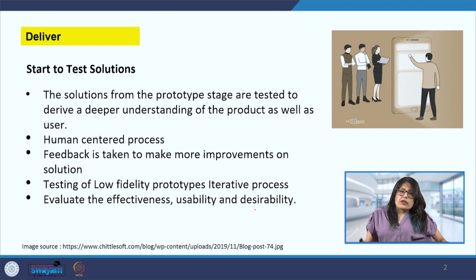So now the effectiveness, usability, and the output, or we can also call it the desirability of the product, as we have seen in the previous lecture as well. That needs to be checked. We have to see how well the product solves the problem. That is how we will ensure that the effectiveness of the product is maintained. Then how intuitive the product is for the users will tell us about the usability of the product. And desirability, of course, will gauge the emotional response and satisfaction of the users. That will tell us whether all three parameters are fulfilled by the product that we have designed.